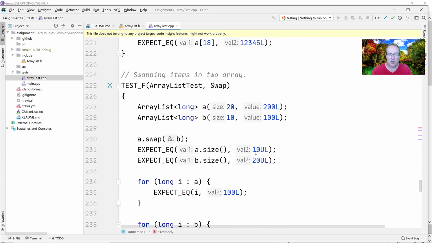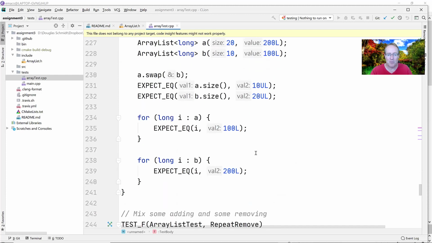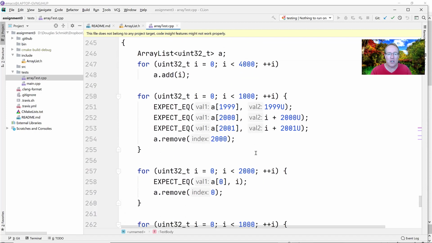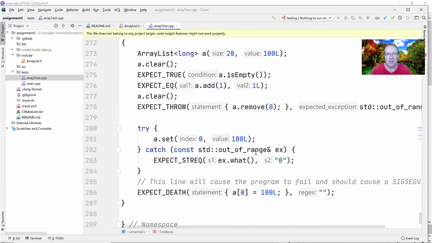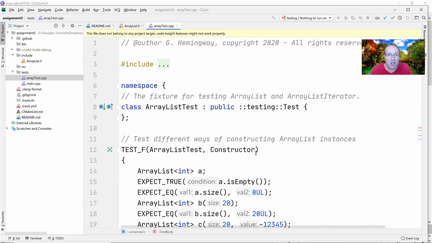Then I have a little test for swap, and swap, of course, is going to ensure that when you swap one array's contents with the other, they end up swapped. We do some more remove operations here, and some more clear operations, and this also demonstrates some of the exception conditions. If you clear an array and then try to remove something from it, you should get an exception because there's nothing in it. So that's basically it. I think you'll find this assignment is substantially more complicated than the previous two,